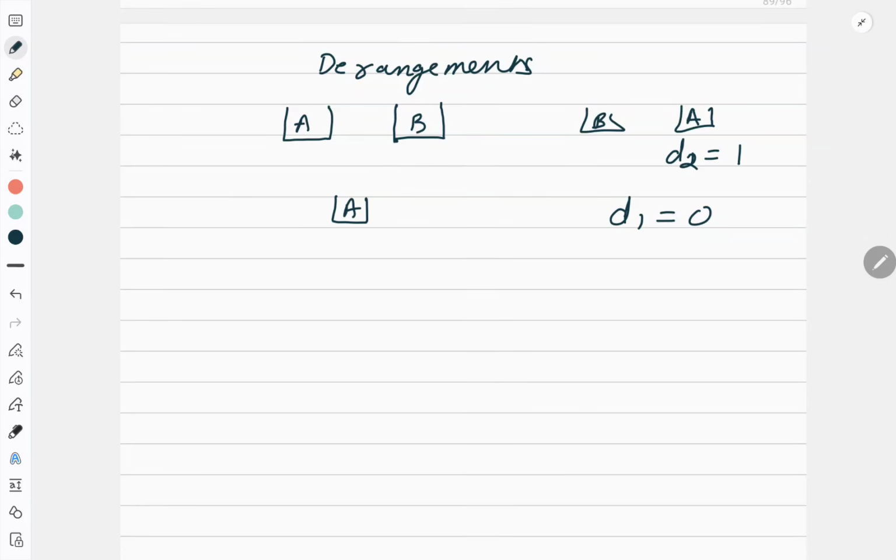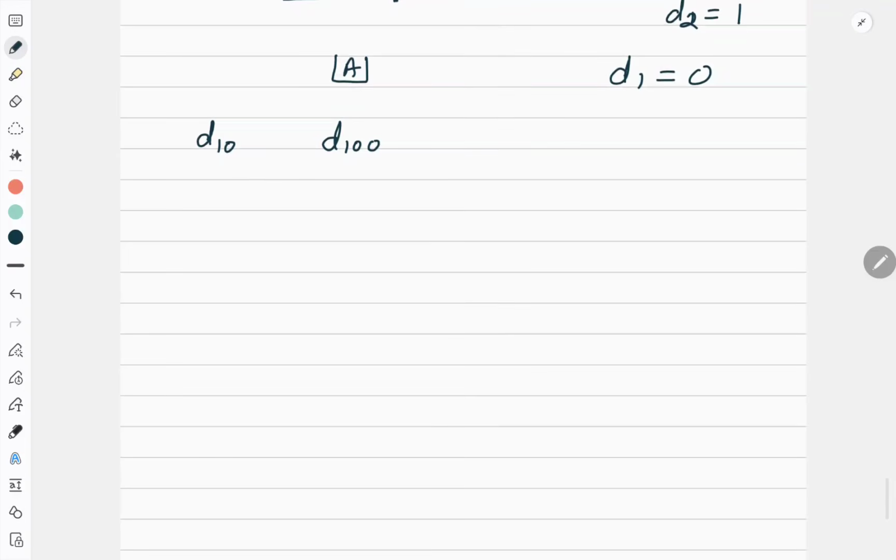So suppose I entered a class and there are 10 students sitting at different places, and when I enter the class I said all of you get up and sit at any place, but don't sit at the place where you are sitting right now. So that is called the derangement, and since there are 10 students, that is D10. Same way, if there are 100 students, I will write D100. So that is the main concept of this topic. I want to do the derangement. Correct? So now you got the idea that it is represented by Dn.